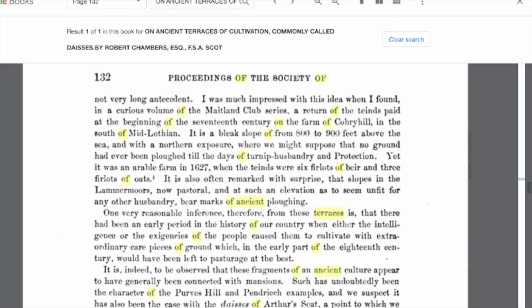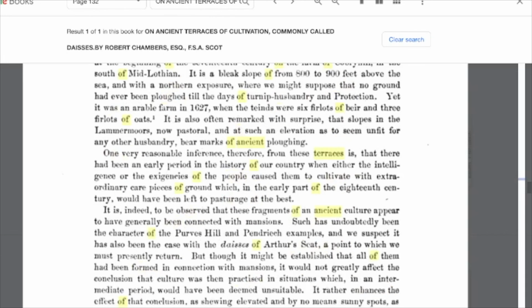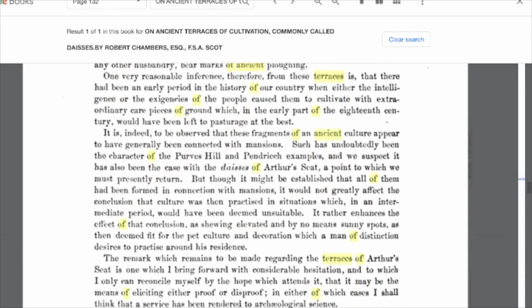oats. It is also often remarked with surprise that slopes in the Lammermoors, now pastoral, and at such an elevation as to seem unfit for any other husbandry, bear marks of ancient ploughing. One very reasonable inference, therefore, from these terraces is that there had been an early period in the history of our country when either the intelligence or the exigencies of the people caused them to cultivate with extraordinary care pieces of ground which, in the early part of the 18th century, would have been left to pasturage at the